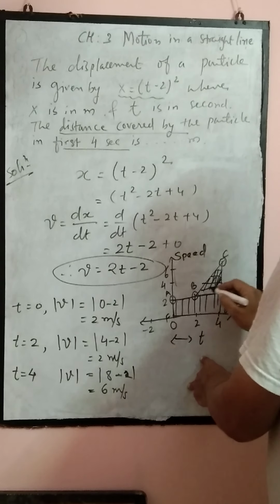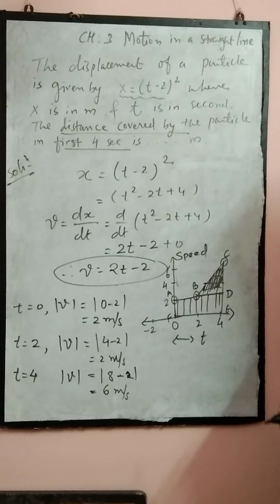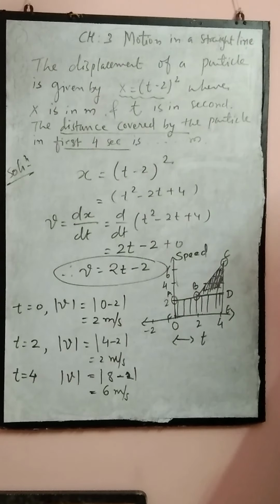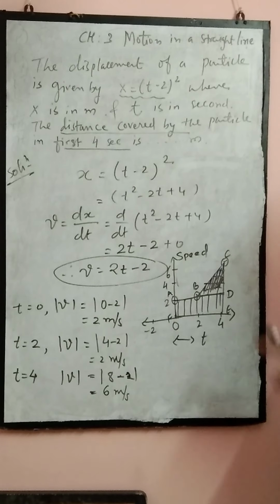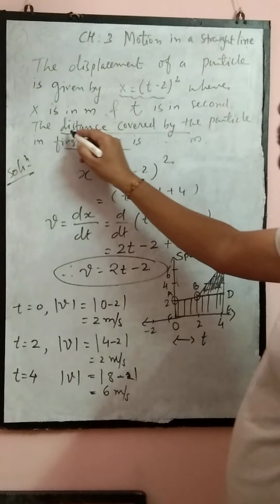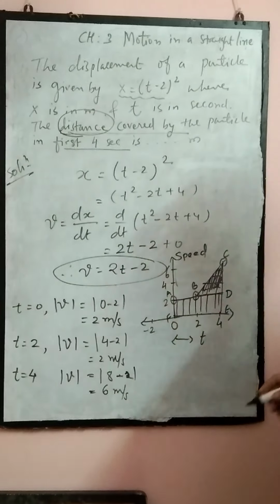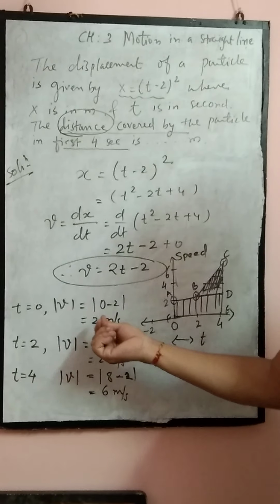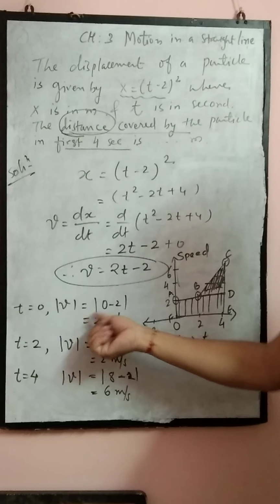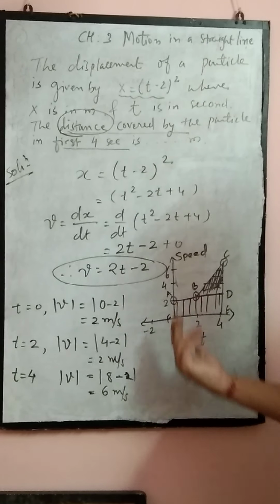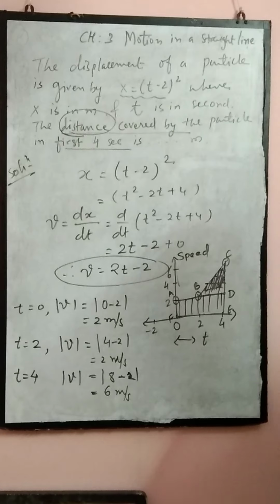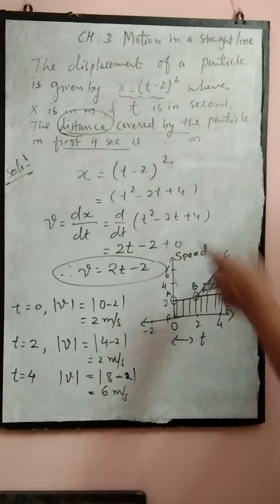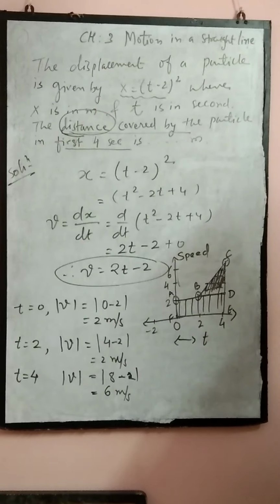See, one thing you people have to keep in mind: the area of the speed against time graph gives you distance, whereas velocity against time gives you displacement. So in place of distance, if it is displacement, you have to plot the graph of velocity, and for that you just use t equal to 0 and whatever velocity may be, positive or negative. So no need to find the modulus value. But here the question is very clear, we have to find the distance.